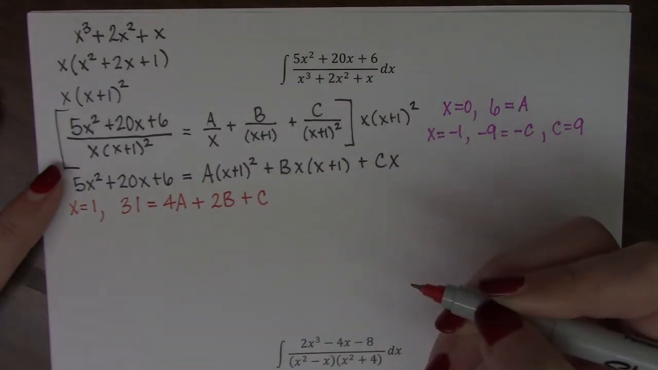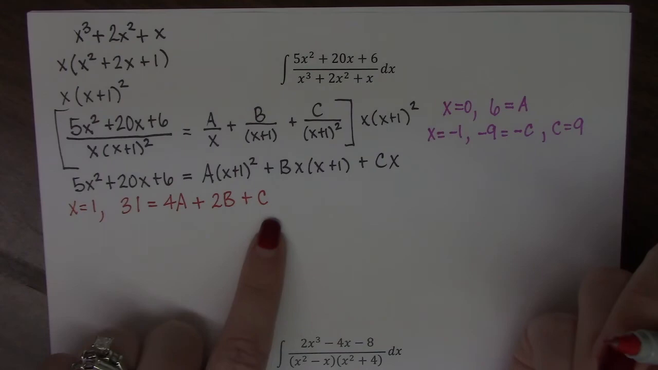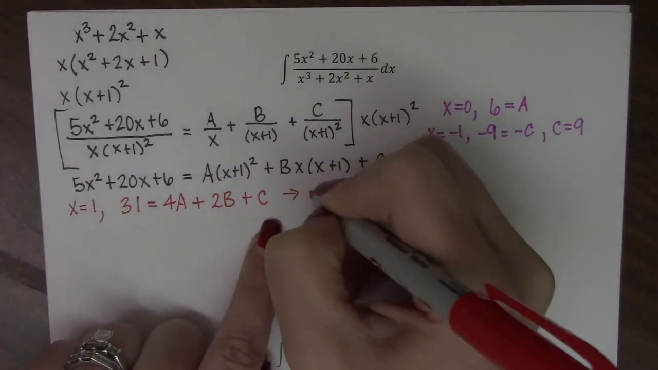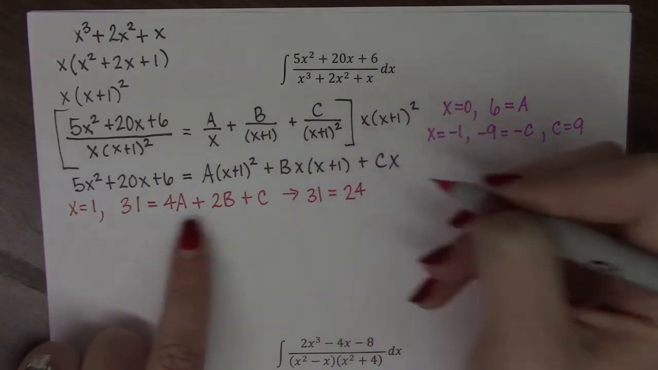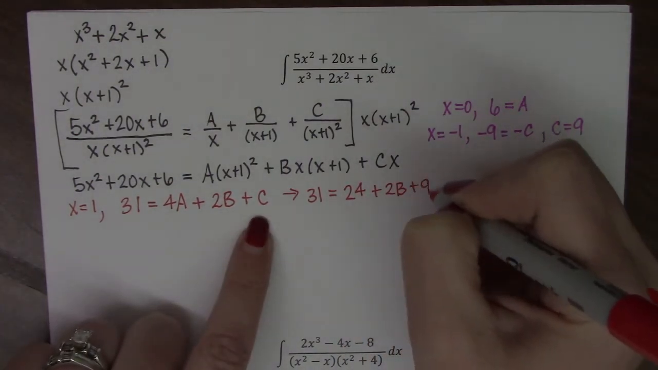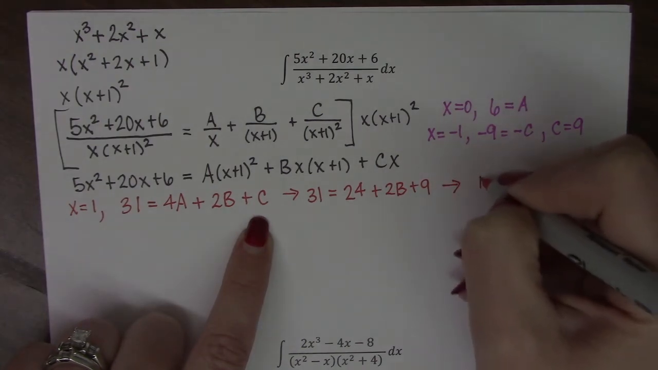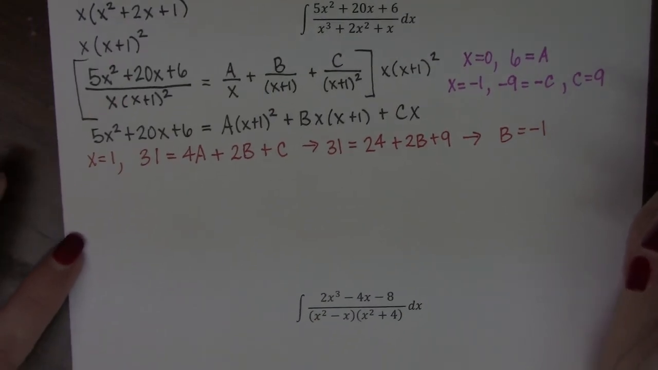plus c. Well, since I know a is 6 and I know c is 9, now I can say that 31 equals 4 times 6, which is 24, plus 2b plus 9. And when we solve for b, we get b is negative 1. So now if I want to integrate,